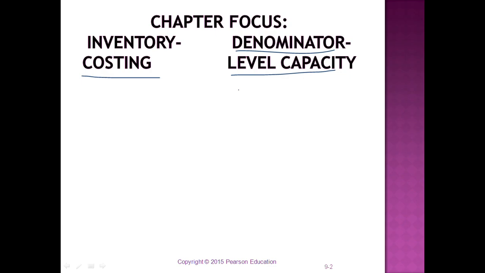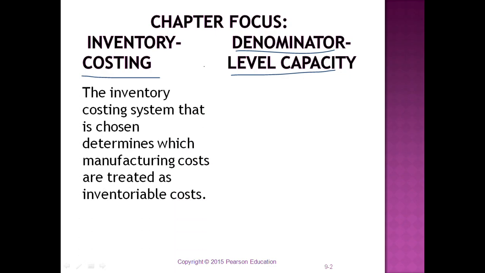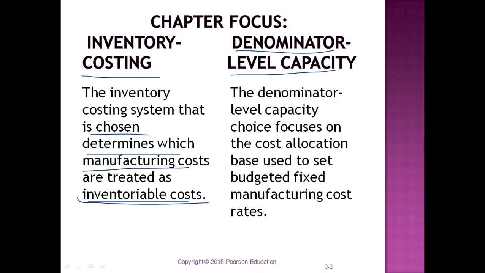So, inventory costing basically is a costing system that is chosen to determine which manufacturing costs are treated as inventoriable costs. So, our focus is going to be on the items that are classified as inventoriable cost when we prepare the income statement. While later we will be discussing denominator level capacity, where we talk about the choice of capacity level